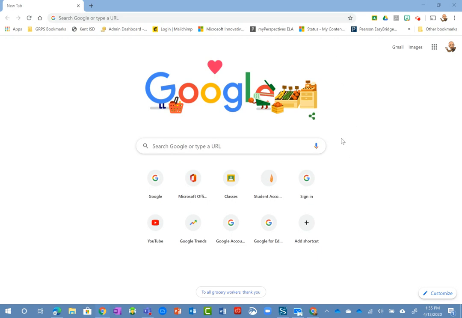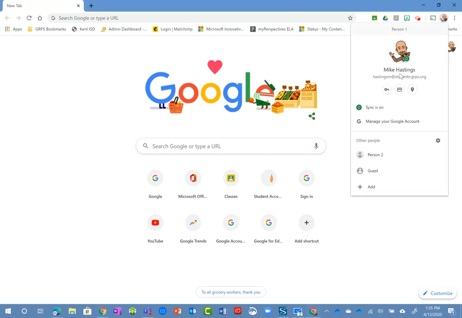A couple housekeeping tips before we get going into the actual module. We're going to talk about creating classrooms here momentarily, but prior to working with Google at all for any district work, you want to make sure that you are signed into your Google Chrome browser. First of all, using Google Chrome. Second of all, signed into the Google Chrome browser up here in the upper right-hand corner with your